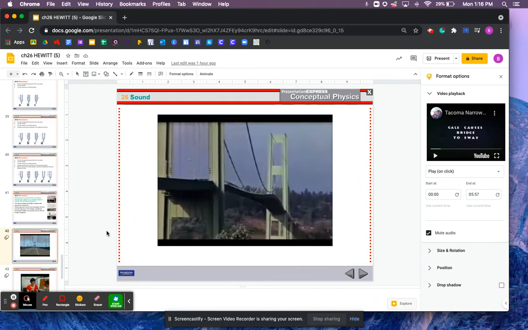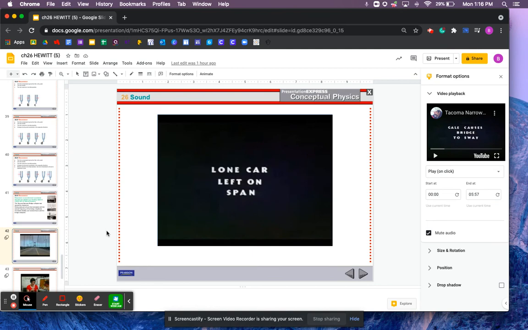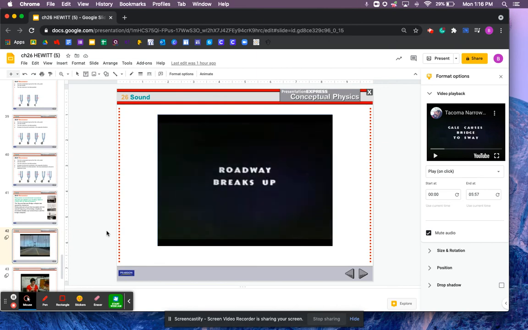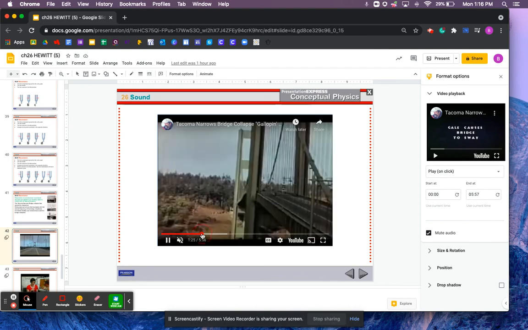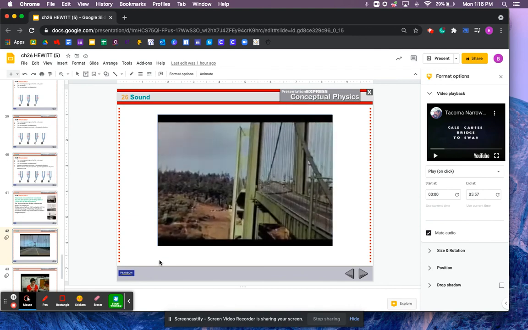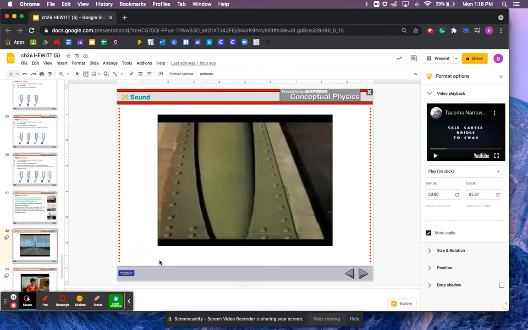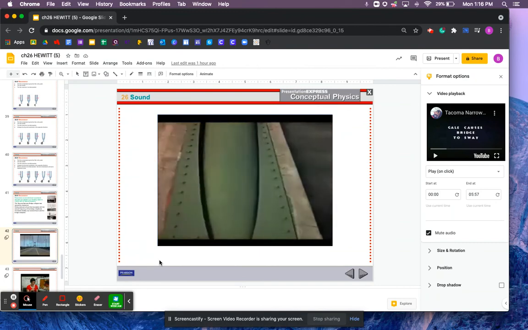And I know what you're thinking. That's not real. There's no way that's real. That's totally fake. No, it's real. It happened. I think it happened in like the 60s or something like that. And it just freaked everyone out because look at this. This is supposed to be a structurally sound object, and it's swaying like it's made out of elastic. Do you see it? Swaying back and forth. That's crazy. Why? Because the wind was just blowing at that perfect frequency.